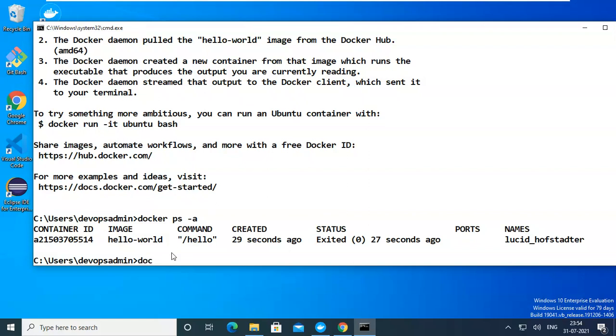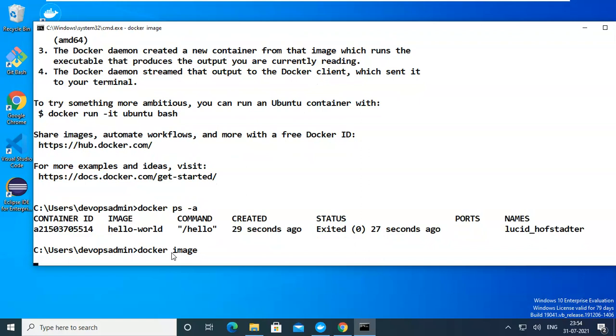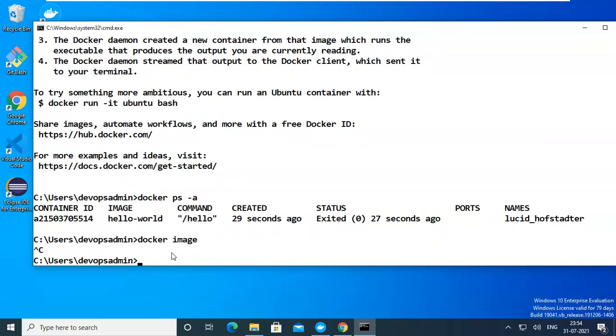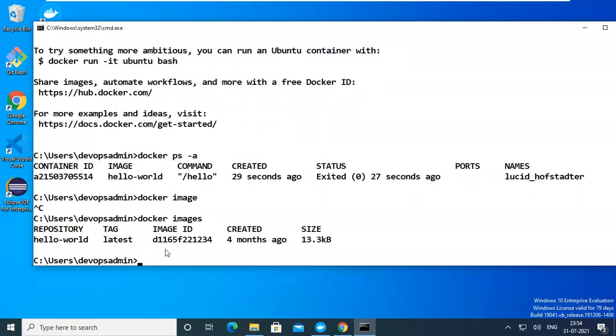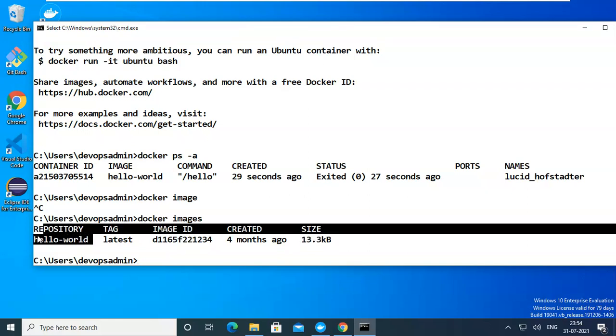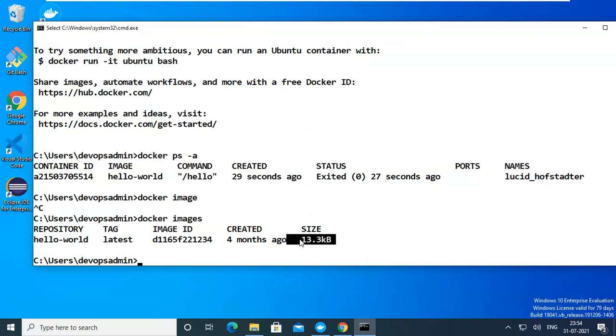If you want to see images, the command is docker images. Sorry, with the wrong command you throw an error, that's why I'm stopping that one. Images. This is the image ID, and the size and all. So remember this. This is not harmful because 13.3K is affordable. Sometimes an image can be 800 MB, 400 MB, 200 MB, occupying more space unnecessarily. So if many images and containers are there, it's better to delete them.